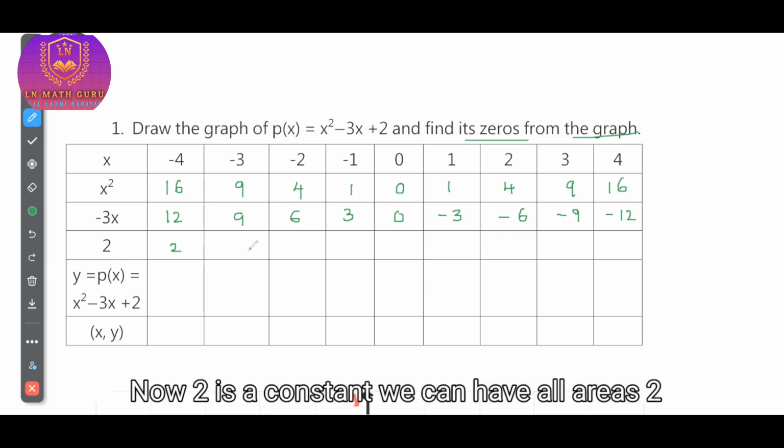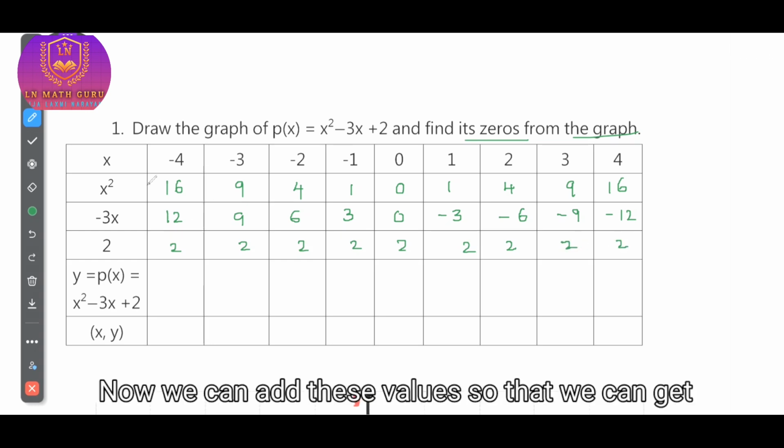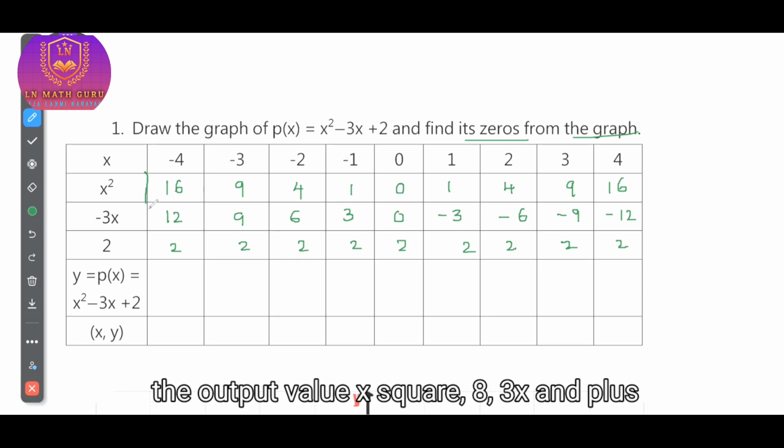Now 2 is a constant. We have all values as 2 only, so we can take it as 2. Now we can add these values, x square, -3x and plus 2, so that we can get the output value,